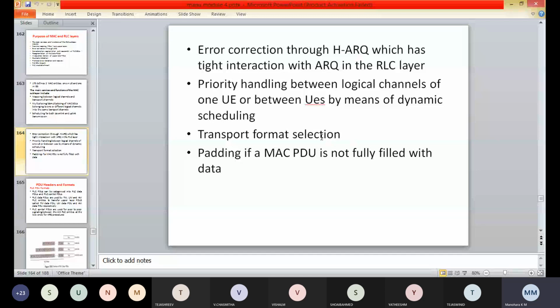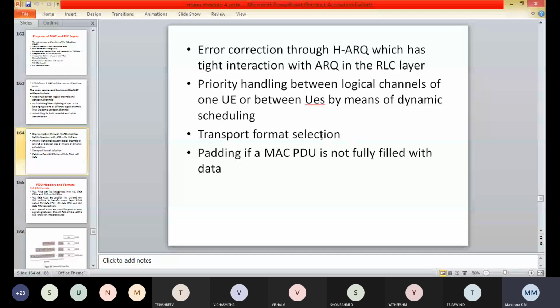Now some formats. Here we have the RLC PDU formats. The RLC PDUs can be categorized into RLC data PDUs and RLC control PDUs.